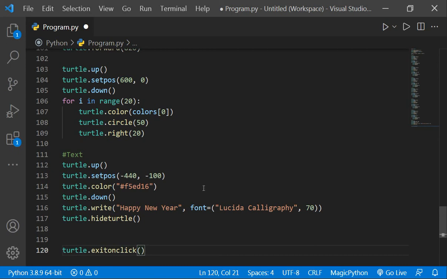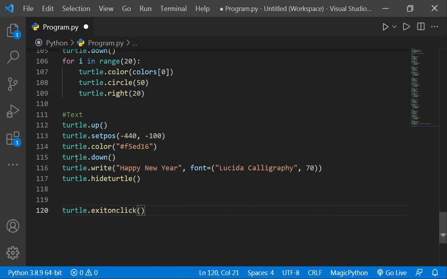Okay. Now I have written turtle.color and I have given a random color to it. Okay. Now I have written turtle.down, so that now we can write on our window. Now next I have written turtle.write. Write function is used to write text to our window. Inside it, the first parameter will be Happy New Year, means the text you want to write.